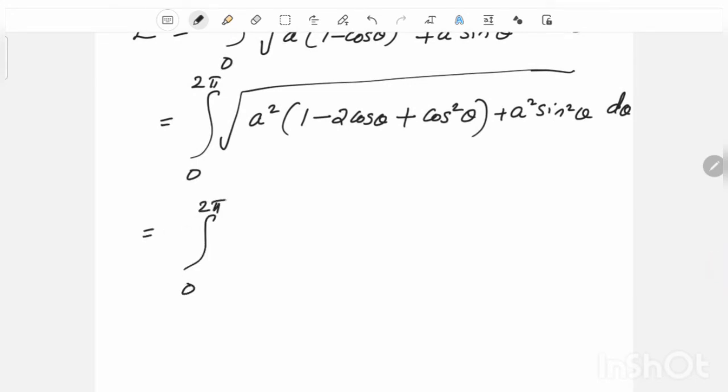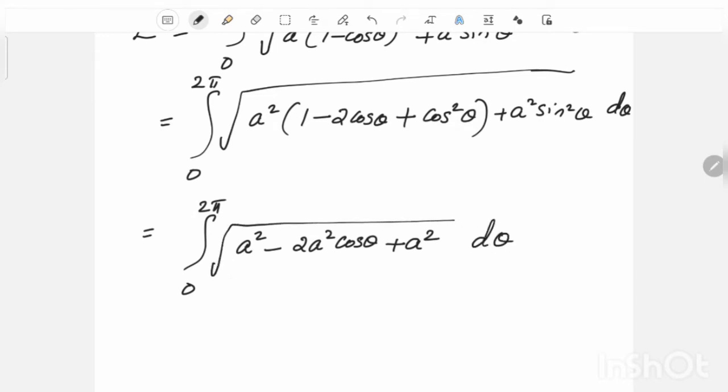Taking a square inside, we have a square minus 2a square cos theta plus a square cos square theta plus a square sin square theta, and that is equal to a square. So, the length is the integral from 0 to 2 pi of a square minus 2a square cos theta plus a square, and that is equal to